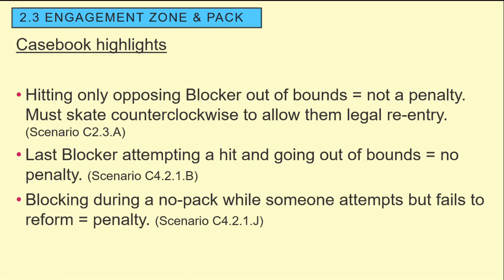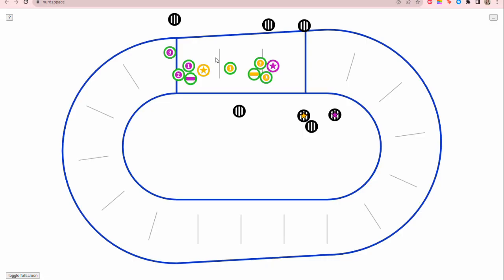C421J. So blocking during a no pack while someone attempts but fails to reform is a penalty. So basically what that's saying is if there's a no pack situation, say the yellow jammer pushes this wall forward and there's an attempt to reform, so this blocker maybe skates up a little bit but slowly or they don't get within 10 feet and there's no pack for multiple seconds and these blockers continue to block this jammer that they can't block during a no pack, and so instead of calling this blocker on a failure to reform, one